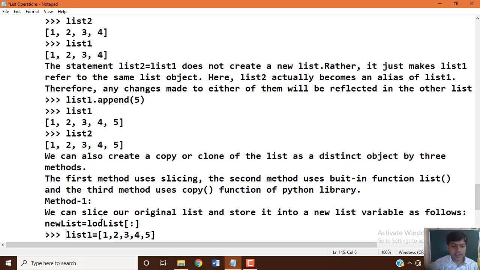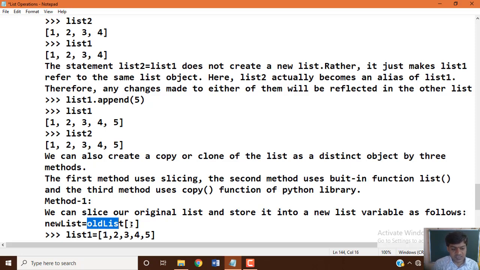Method 1, we can slice our original list and store it into a new list variable as follows. New list equal to old list, using the slice. We know how slice works.